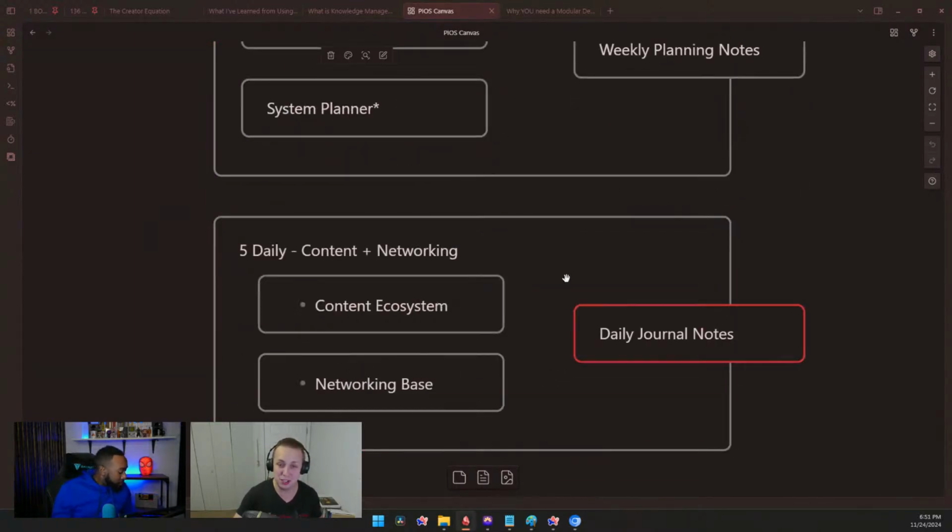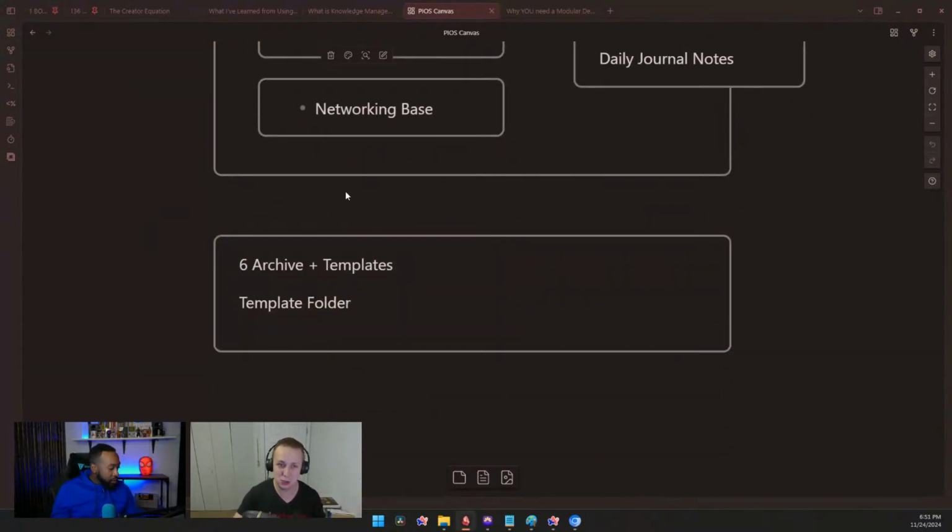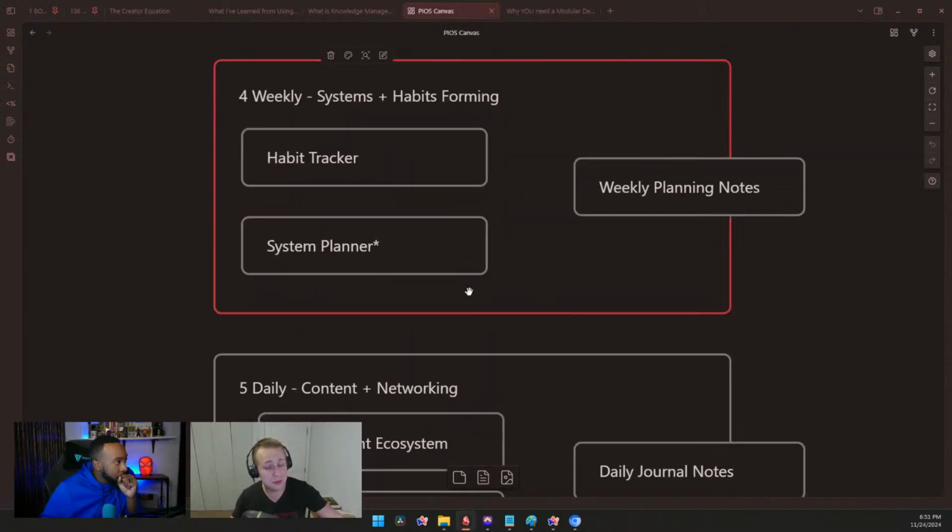So if you have templates for your content, this is where they'll be housed, and usually tools like Obsidian or Notion can pull from specific folders, allowing you to create that content more effectively and faster. And that is it. That's really the knowledge management for Polymaths.